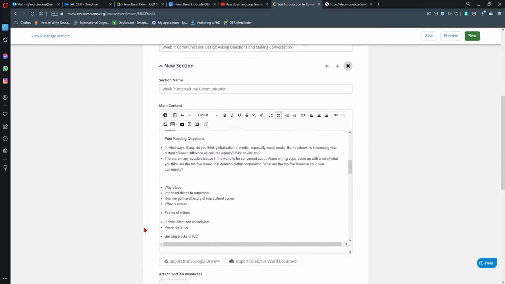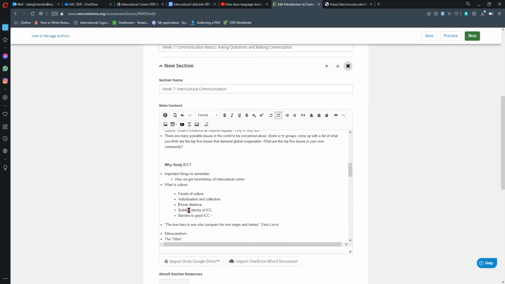So this was, I think, just an outline of the reading. So why do we study intercultural communication? Important things to remember, how we got there, what is culture, the different facets, and then it just looks like the spacing's off. So maybe we just want to make sure how we are going to do this. It might take a little bit of time to reformat occasionally,